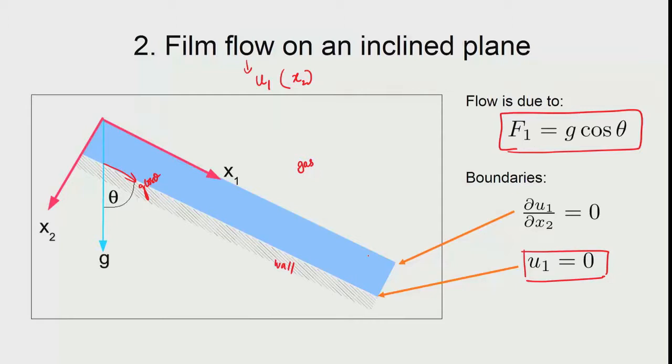And at the top you have got the liquid layer in contact with the gas. The gas has very low density, so it cannot withstand any stress on the surface. So, at the free surface the stress is 0, which means that according to Newton's law, mu times dou u by dou y is 0, which means that the slope of the velocity with respect to the y direction is 0 at the top surface. So, we have got the boundary conditions, and we have got the reason why the fluid flow is taking place.